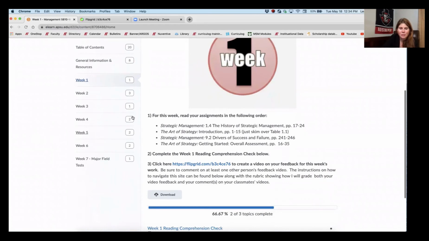For the first thing, you'll see that they're numbered. Week 1, first activity: read your assignments in this order. I have put them in this order for a reason. There's your textbook, Strategic Management. I want you to read a few pages, right? And that supports what you're going to read in The Art of Strategy. And then I want you to go back and read a few pages out of Strategic Management